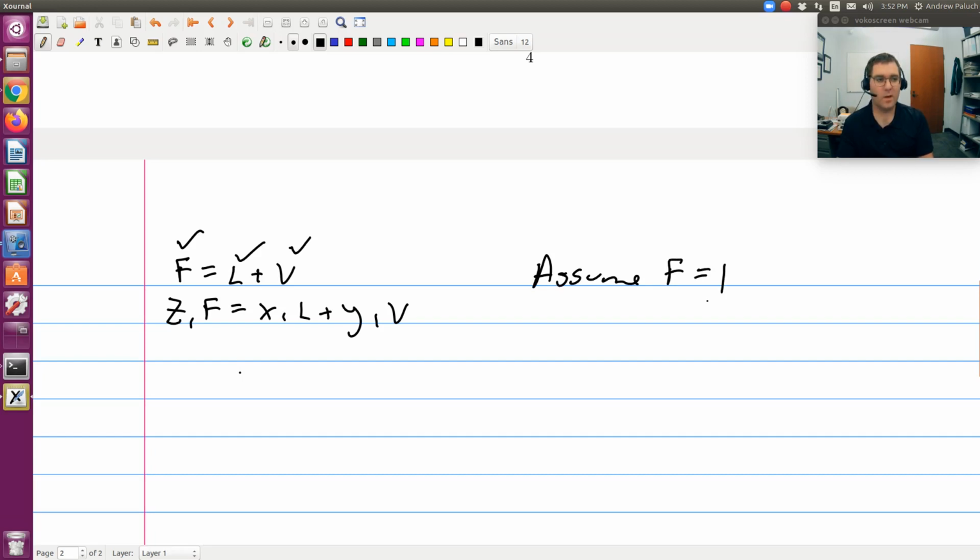All right, so if I assume F equals 1, then when I calculate L and V, it's relative to a value of F of 1. So it essentially gives me a fraction liquid and fraction vapor. If I assume F is 1, then I know F, and it just leaves unknowns L and V, because I know Z1, X1, and Y1. Okay, so assuming F is 1,